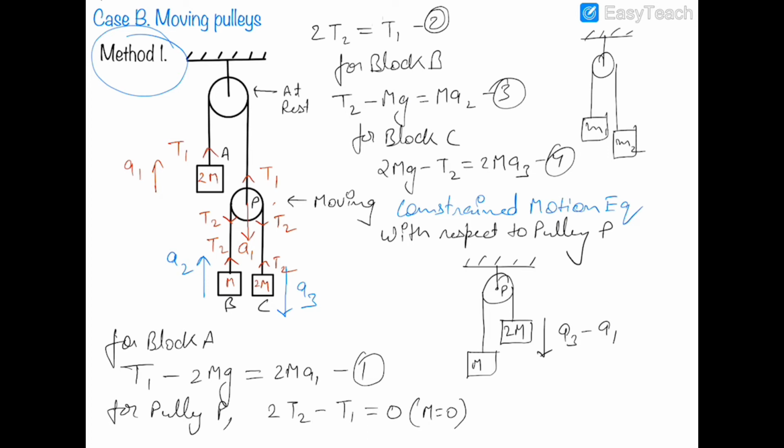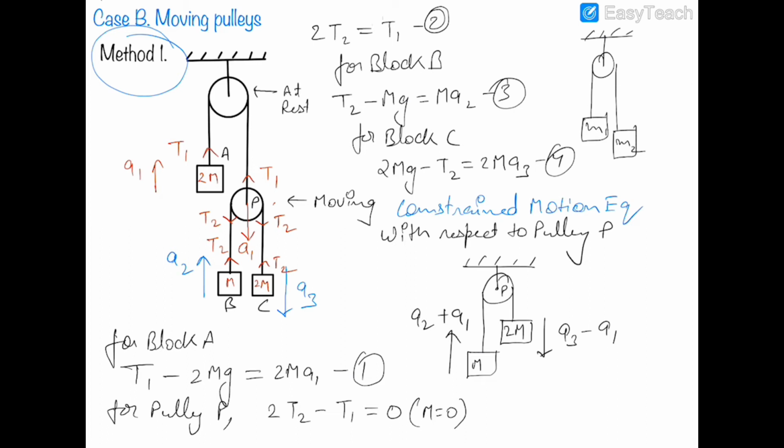Relative acceleration of 2m with respect to pulley P will be a3 minus a1, and relative acceleration of m with respect to pulley P will be a2 plus a1. And you can see that 2m mass and pulley are moving in the same direction, so I am writing a3 minus a1, and m mass and pulley are moving in opposite directions, so I am writing the relative acceleration as a2